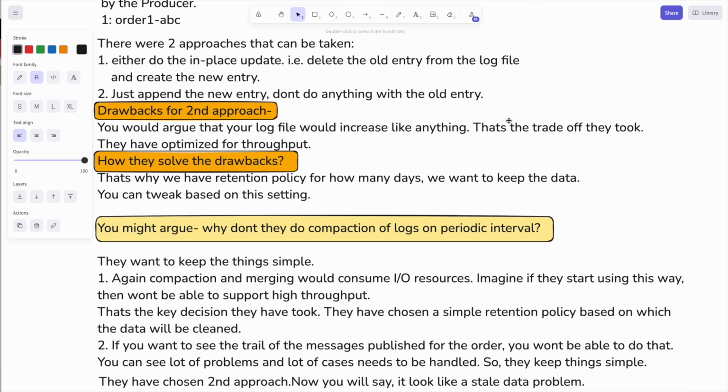Why? Because compaction and merging would also consume IO resources. Imagine if they started using compaction and merging of the log files, they wouldn't be able to support high throughput. Why? Because your system has limited resources: limited IO, limited CPU, limited memory. The resources are not that high. That is the key decision they took. They chose a simple retention-based policy by which the data will be cleaned, because simple systems always scale. The second thing is, if they do the compaction, and you want to see the trail of the messages which have been published for the order,